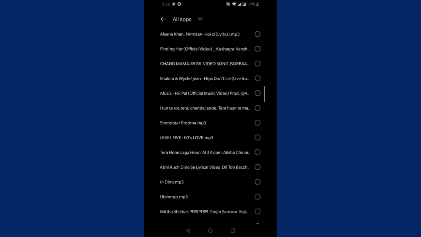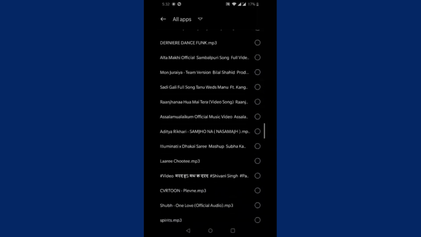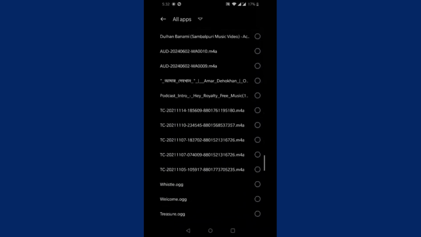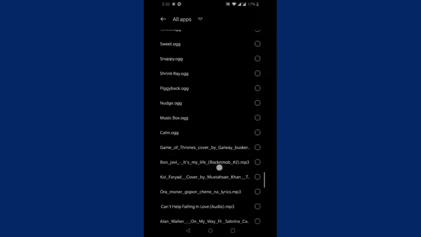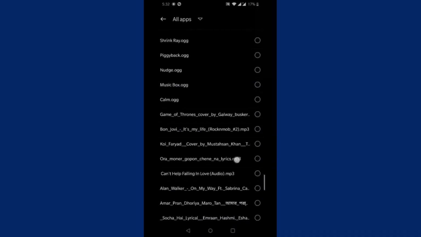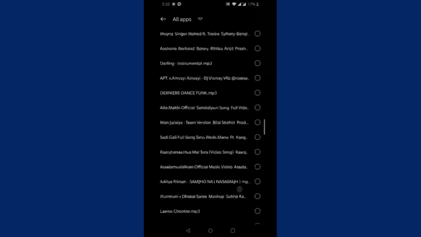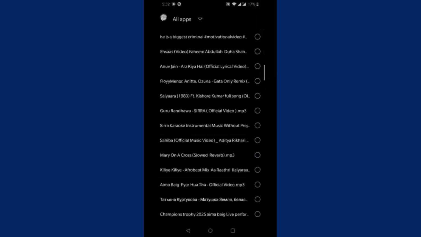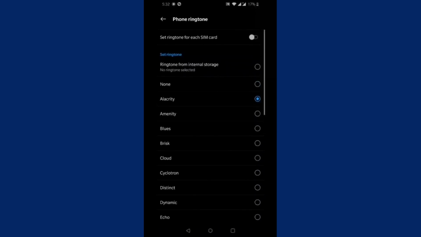From this section, you will see options for phone ringtone or default notification sound, depending on what you want to customize. Select the appropriate option based on your needs. After tapping on it, a list of available sounds will appear, including your custom audio file. Find your custom audio file in the list of sounds and tap on it to set it as your ringtone